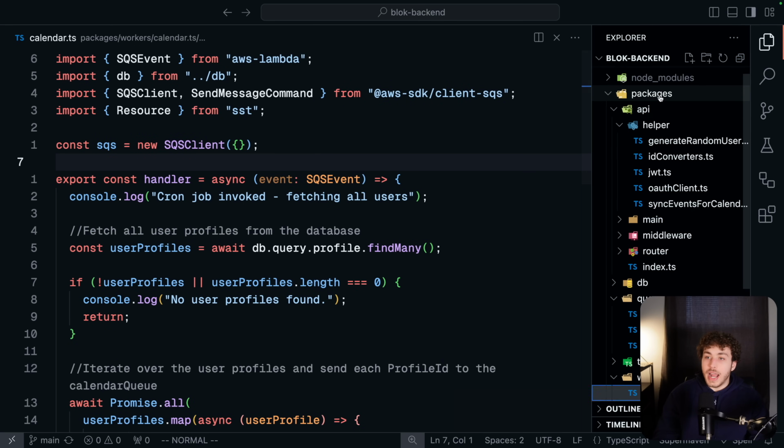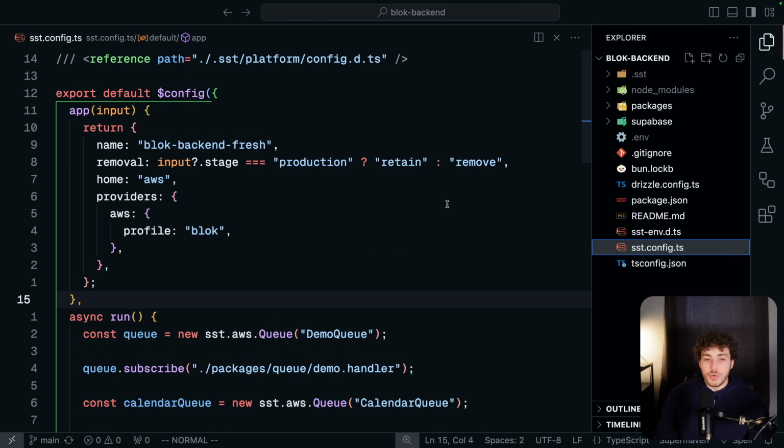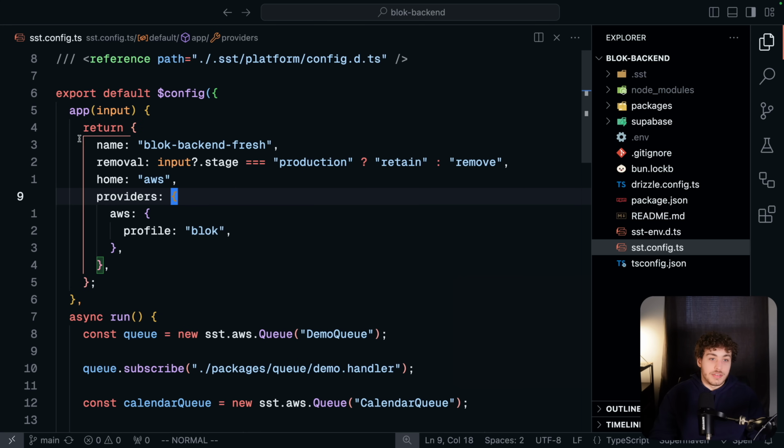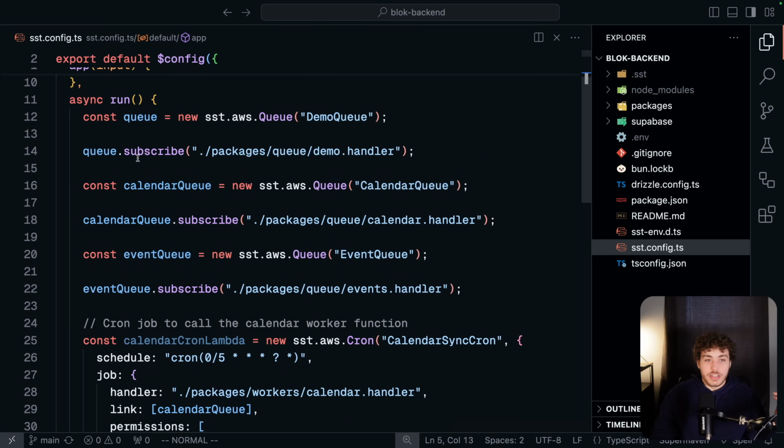But in this project, we're actually using SST to handle our backend. This is all basically written in AWS. We're using Supabase for our database just because I really like it. But outside of that, we are just using basically raw AWS resources and custom authentication. So we have our basic app information up here, but the interesting stuff down here is, like I said, we need to stitch all these different pieces together